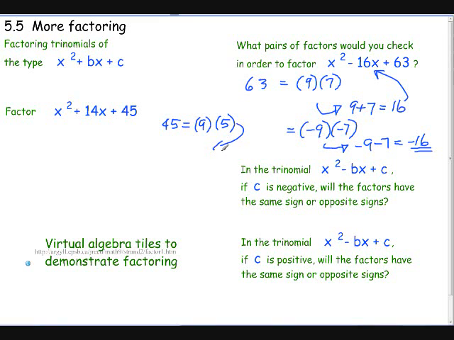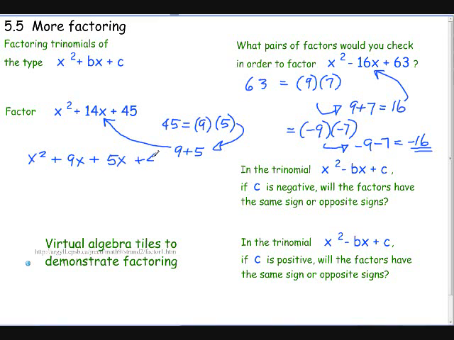And if I add those together, 9 plus 5, then I get a positive 14. So I know I've got x squared, 9x. I'm going to split this 14x up into 9 plus 5. So 9x plus 5x